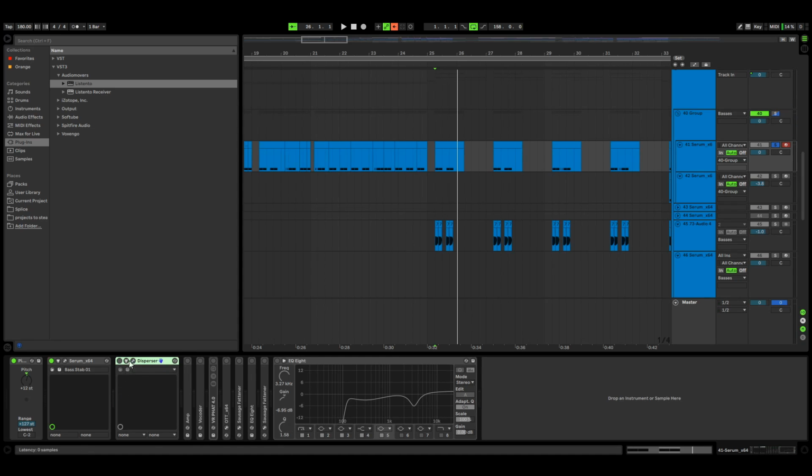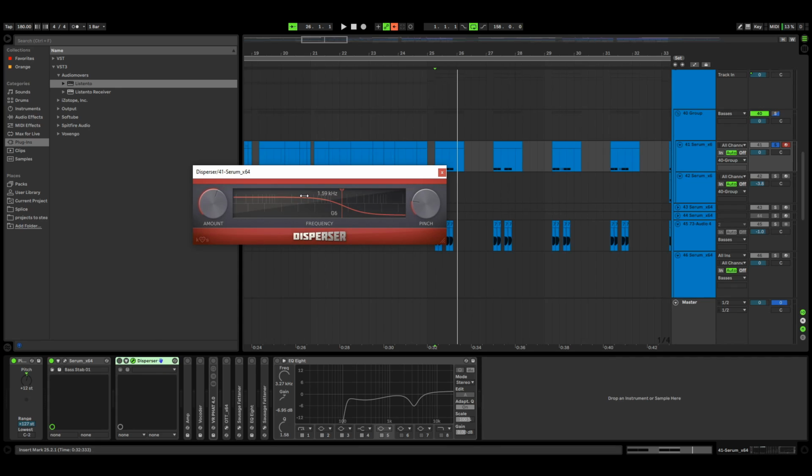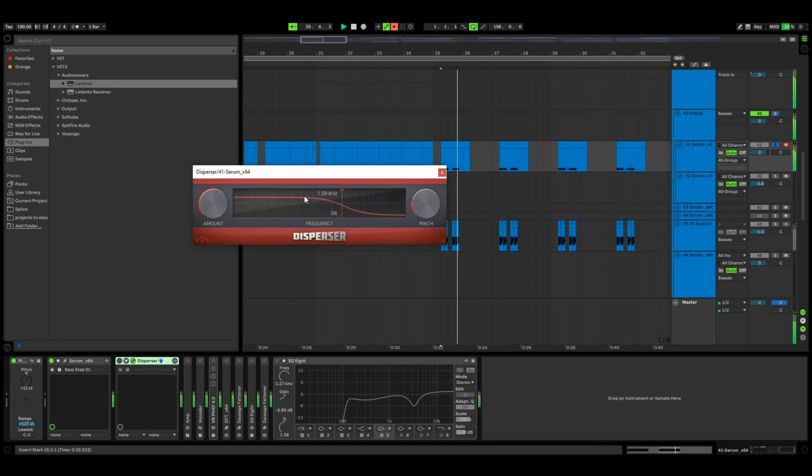So first thing I did is I added Kilohearts Disperser. It's a really interesting effect where, correct me if I'm wrong, it does a bunch of filtering, basically the equivalent of stacking a bunch of Ableton's EQ Threes to get this interesting lasery sort of effect.